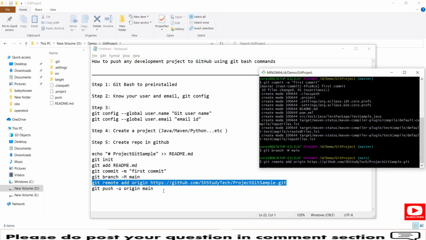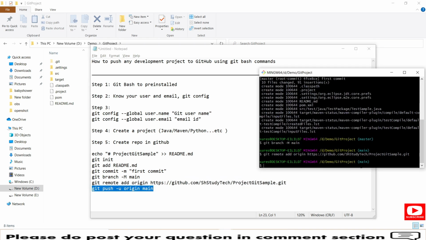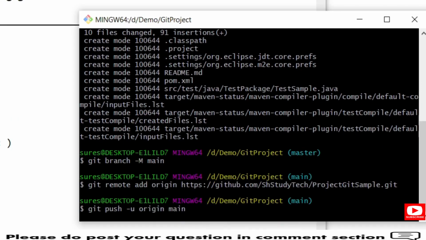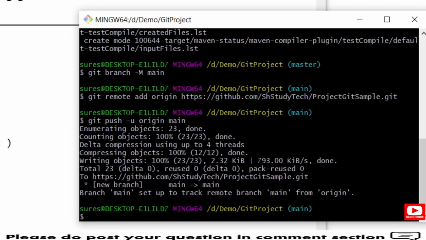And then after, you need to add the last command, which is git push -u origin main. The main refers to the branch name. In case your branch is different, you mention the branch name here. Paste it in the git bash again and hit enter. So now the entire project from my local is committed and pushed to my git repository. You will see all the logs related to that and you can find the information here. So here you can see all the information has been pushed to my git repo.